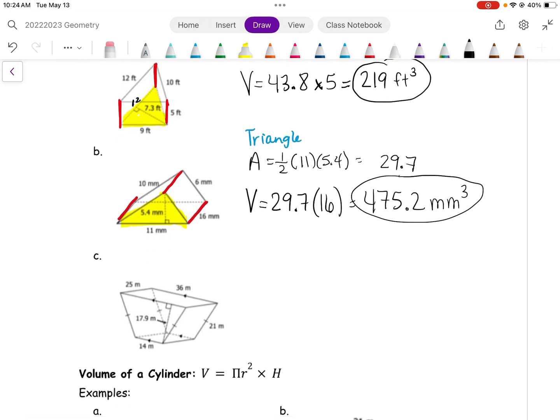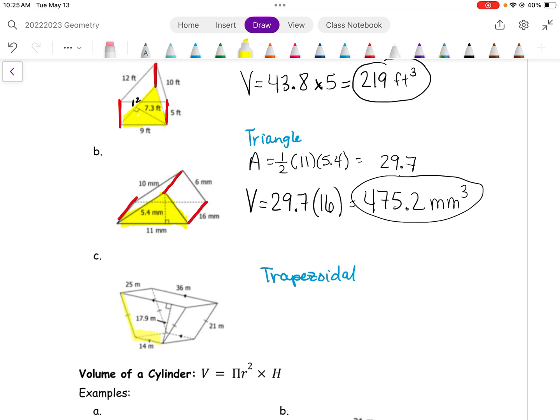If you think you have this and you know how to find the area of a trapezoid, now would be a really good time to pause and try this. If you're not comfortable yet, that's okay. But this next one is a trapezoidal prism. So what that means is the area of my base should be a trapezoid. So if you look at the picture closely,